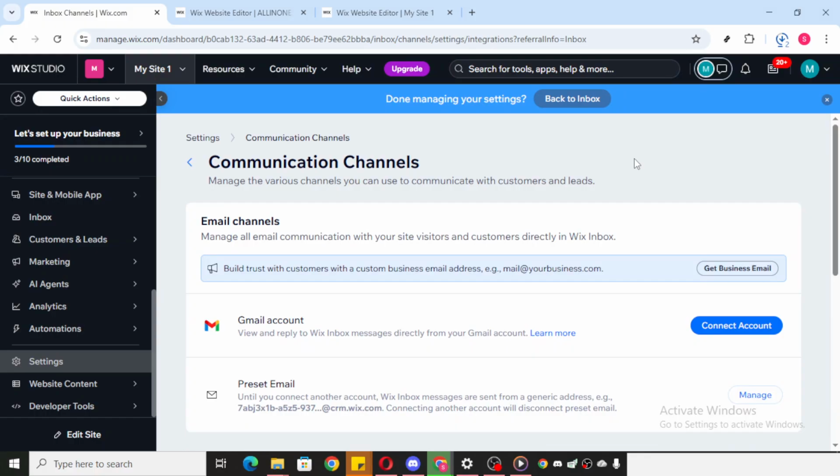Within the Communication Channels area, you'll have the opportunity to connect with Gmail. You'll want to look for an option that says Connect. It's usually clear and straightforward. Simply click on it to start the integration process. You might see a few different email services listed, but because we're focusing on Gmail, make sure that's the one